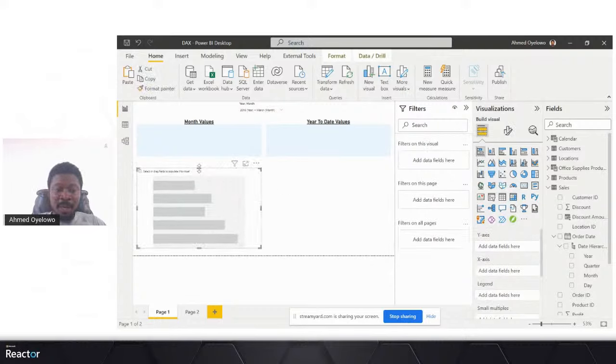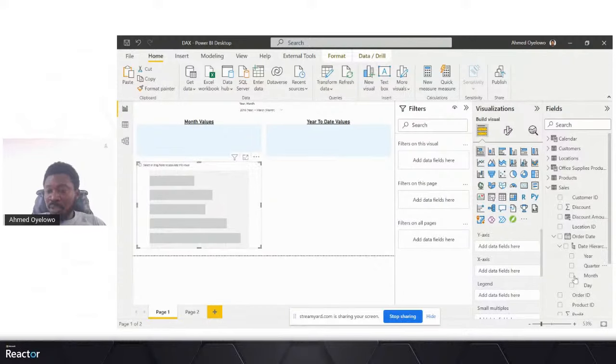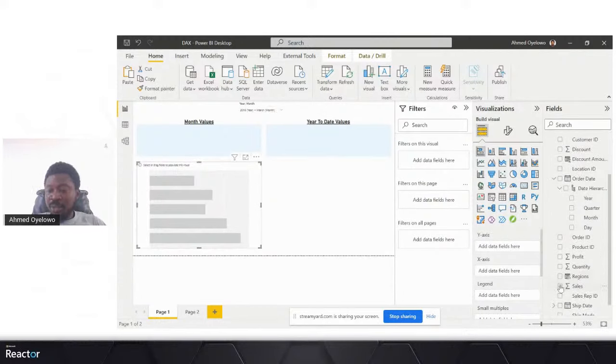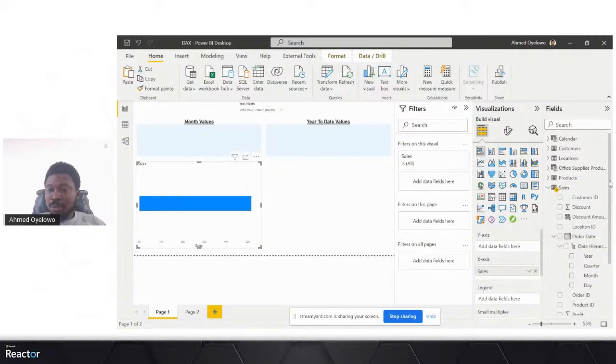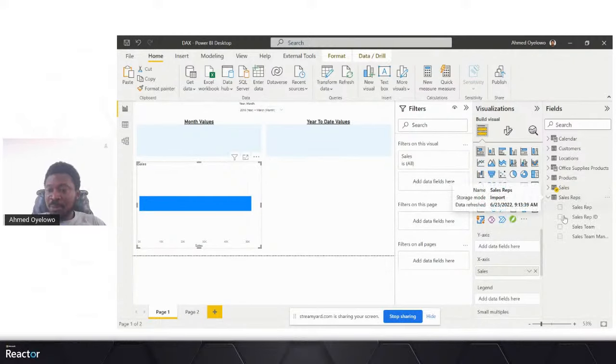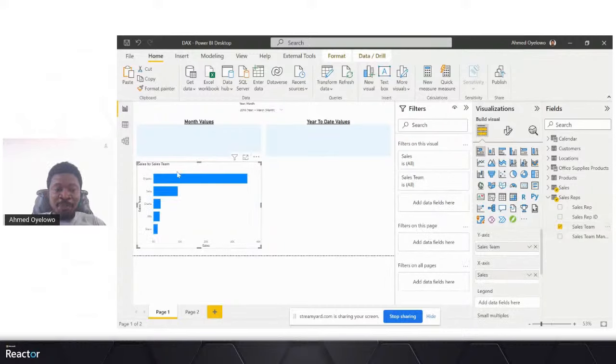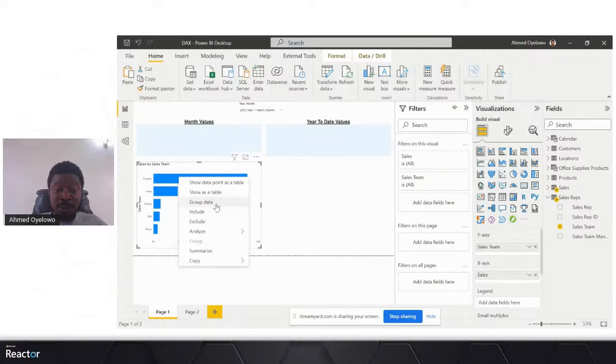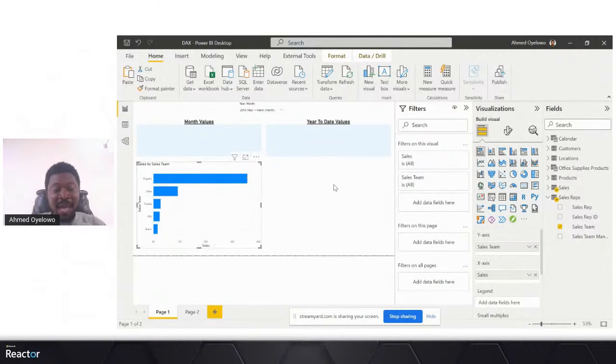and I try to put the sales values, so sales, and I go to my sales team, sales reps table to pick sales team, that shows up for everybody. Of course, there are ways you can exclude this organic from there. For example, I could just right click here on organic and say I want to exclude this, right? But because measures in Power BI are really powerful and allow us to extend our analysis further, I'm not going to do that. What I will try to do is write a measure,